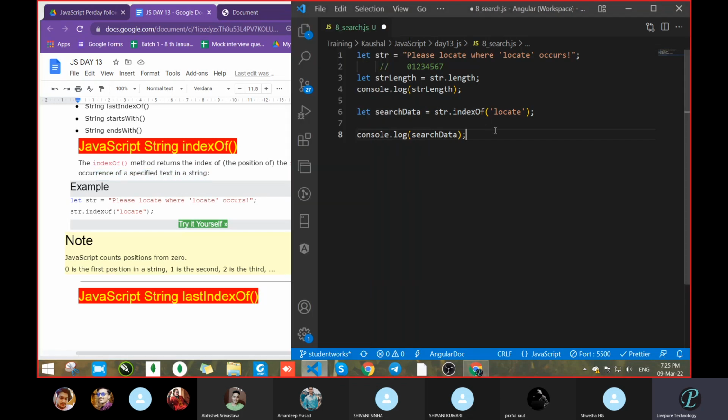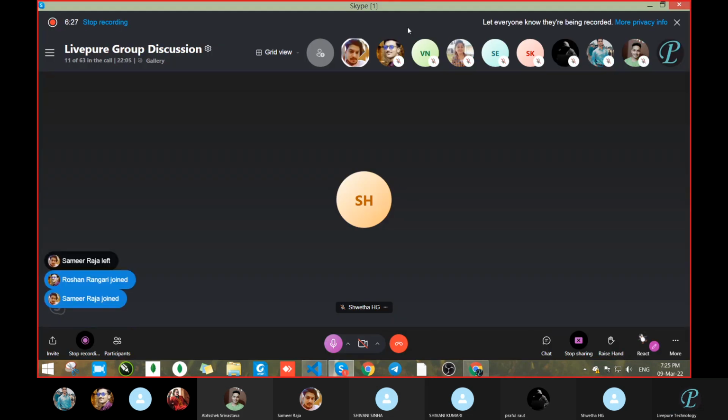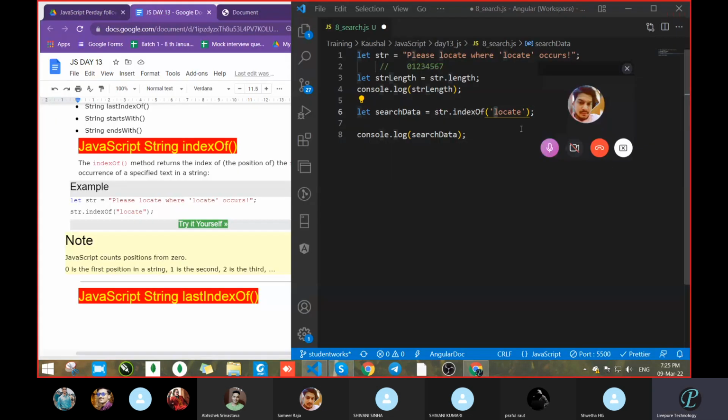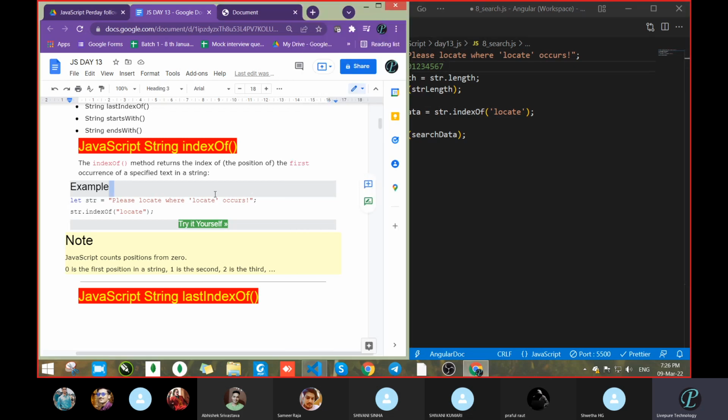Whatever first letter matches, it will give you the position of that one. Like we searched for locate. In the case of locate, it will match the first letter L. From where the first letter L started, that is the 7th position. So that's why we get the output as 7. Clear?